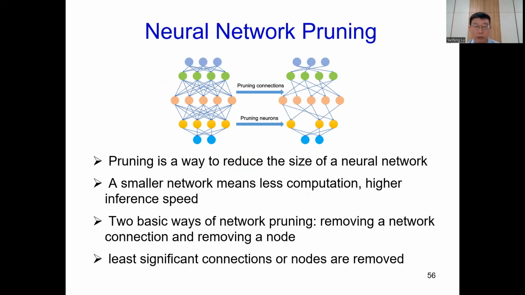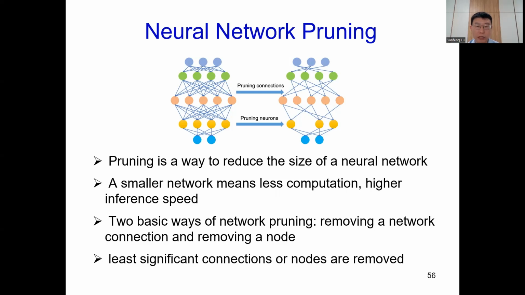Obviously, with a smaller neural network, we can do the inference much faster, because a smaller neural network requires less computation. And there are two basic ways of doing neural network pruning. We can either remove just a network connection, so that's the edges in a network graph. So we just remove some of the edges to make the network smaller. That's one way of